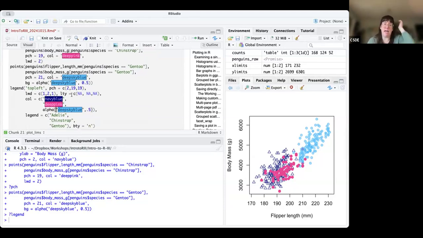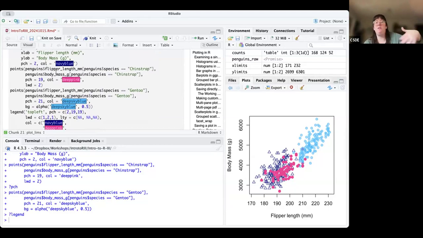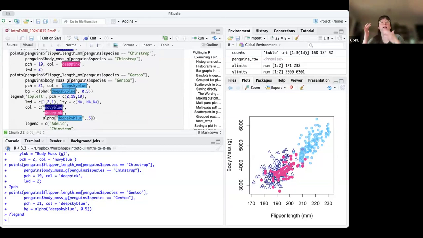lty we haven't looked at yet. That stands for line type. We don't need it here, but I wanted to bring it to your attention. Should you ever specify lty equals 2 in some other plot, and you have a dashed line and a solid line, right? This is the argument you would use to specify that in your legend. Since we don't have any, I'm just specifying them as NA, and no lines will be drawn across the points